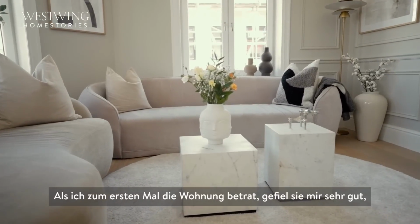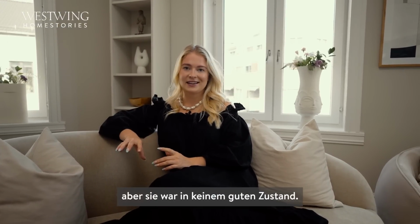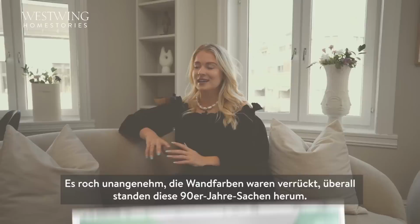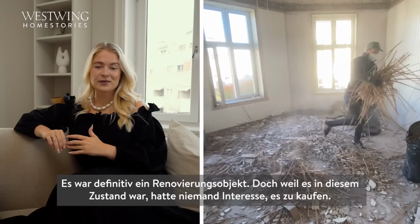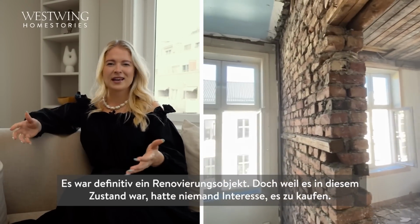I definitely loved the apartment when I came in, but it was not in a good state. It smelled so bad in here. The wall colors were crazy. There were all of these 90s things all around. It definitely was a renovation object, but because it was in the state that it was, nobody really had any